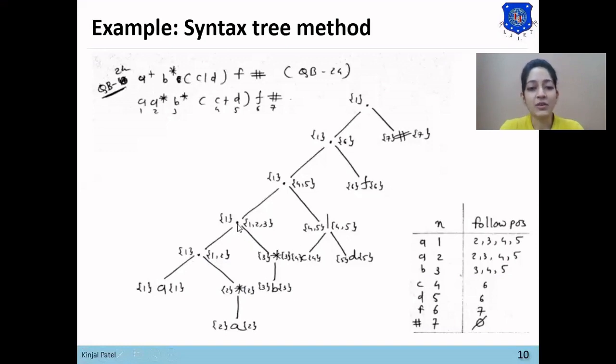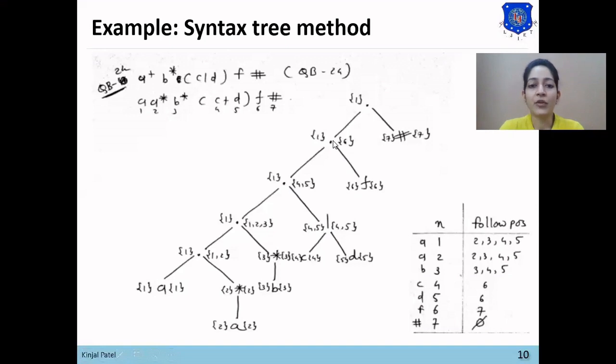So last position of dot will be 1, 2, union 3, which is 1, 2, 3. Now, same way we'll check for this third dot. The C2 child of this dot is C or D. Here, as C or D, one input symbol is compulsory, so this tree does not generate the nullable string. So last position of this dot node will be last position of its child C2. Here the last position of this OR node is 4, 5, so 4, 5 will be added in the last position of dot.